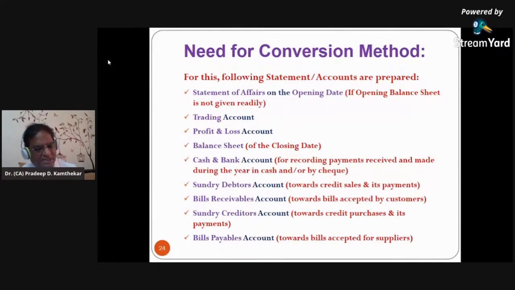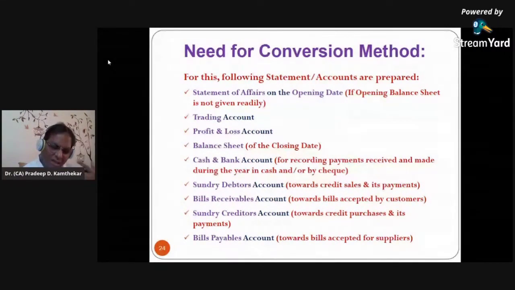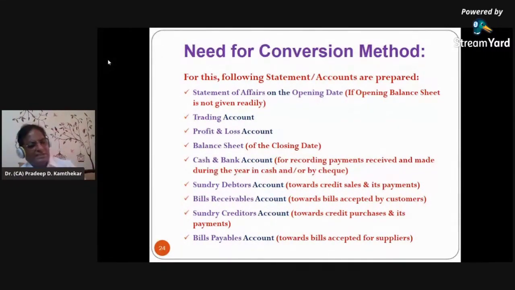Now the beauty of this bill is what? This bill we can take to the bank and tell the bank, please finance us against this bill. So the bank gives you money. Definitely they deduct certain interest and commission for that. And then they keep that bill with them. On the due date of the bill, after 30 days, 60 days, the bank goes to our customer and the customer is required to make the payment, which the customer normally does. And if the customer doesn't make the payment, that is called bill dishonor, and the bank will again come to us, and then we have to make the payment to the bank and recover from our customer. That is the bills receivable account.